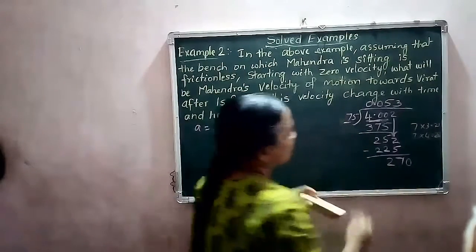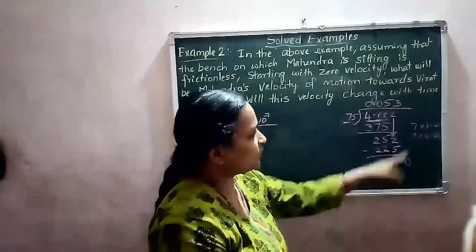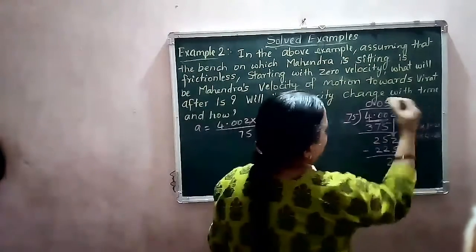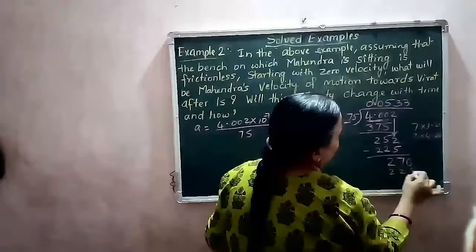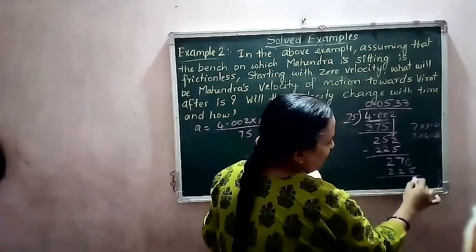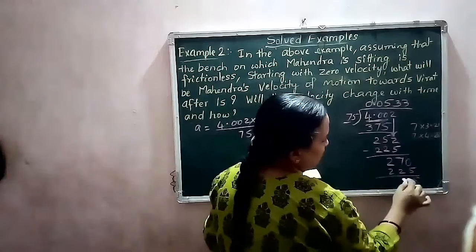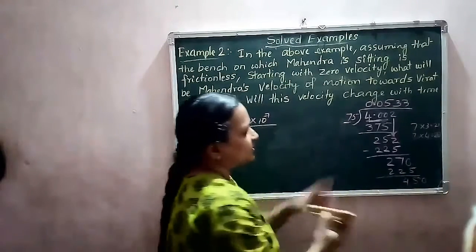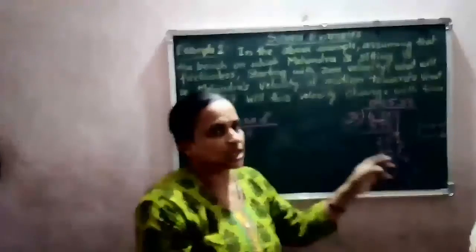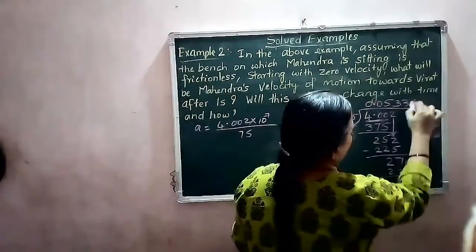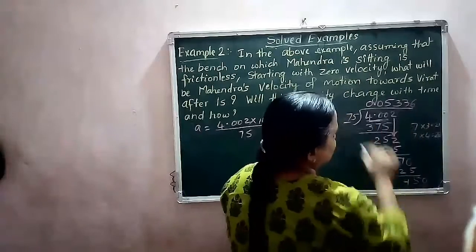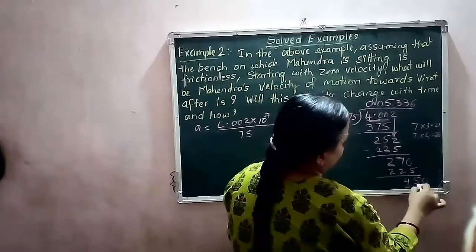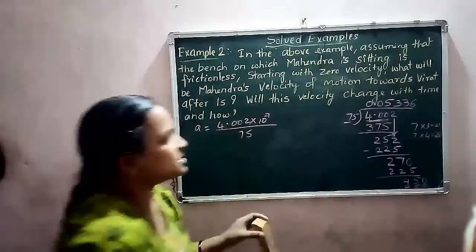Now put a 0 here. Again 7 4s are 28, which is greater. So again 7 3s are 21, and you are getting 25. Again 10 minus 5 is 5, 6 minus 2 is 4. So 450. 7 6s are 42, so we can take 6. 6 5s are 30, 6 7s are 42. So the answer is